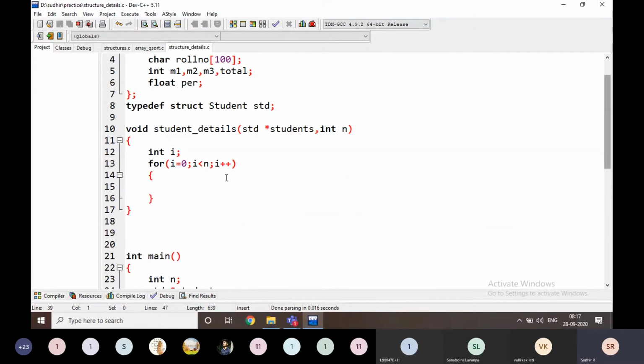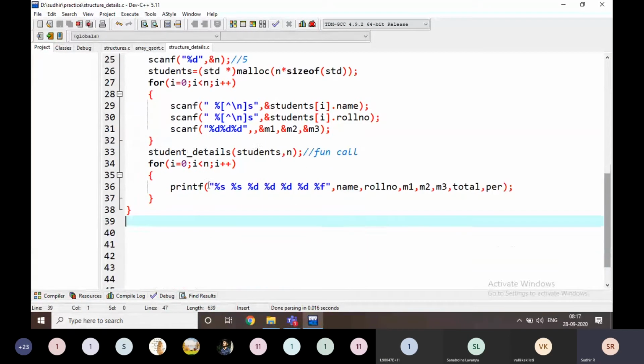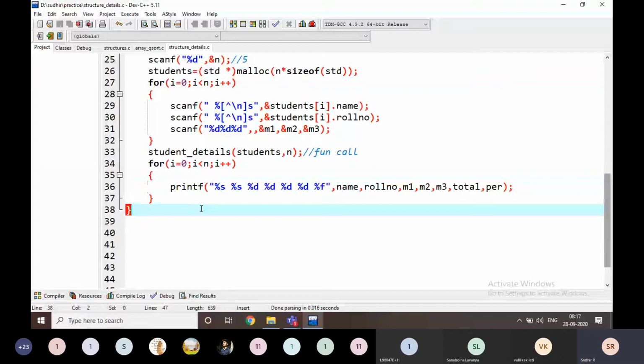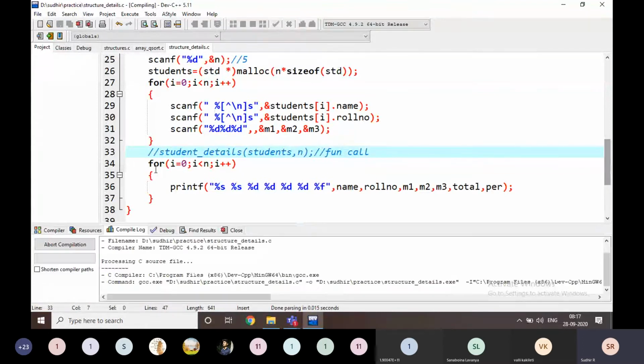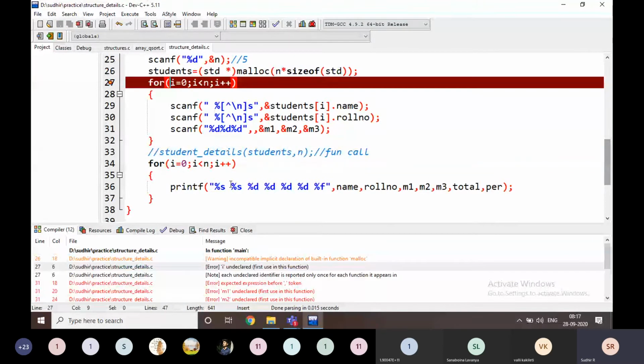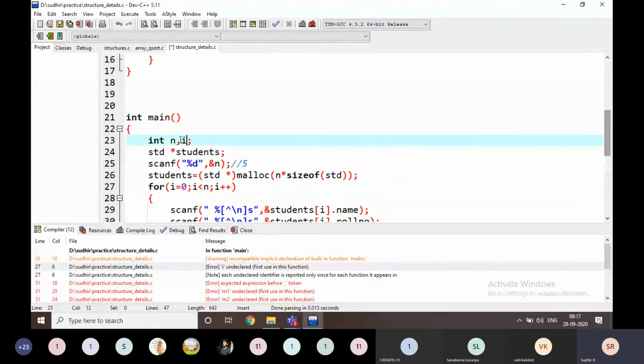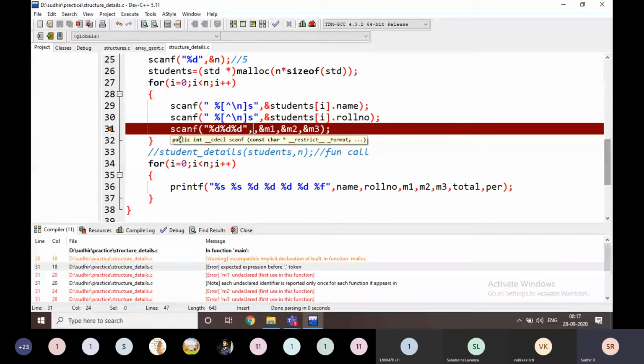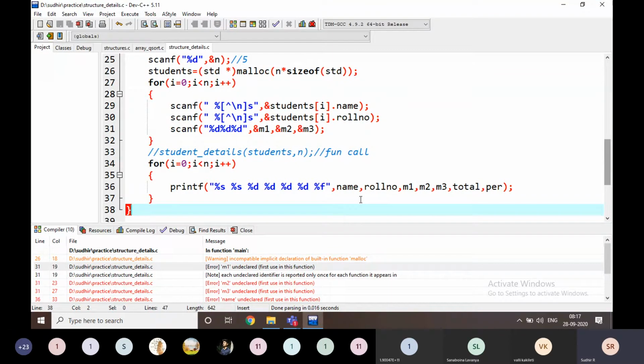After calculation of the total for every student, I am going to print the results here. I cannot print this total and percentage. For example, if I am not using this one and I execute it, here it is, I missed the i. For example, there is no... what happened here? malloc.